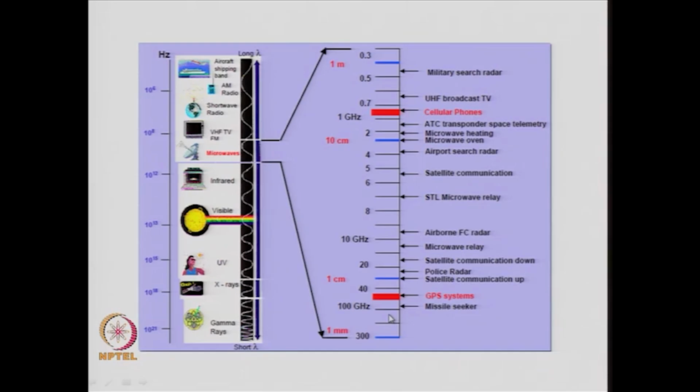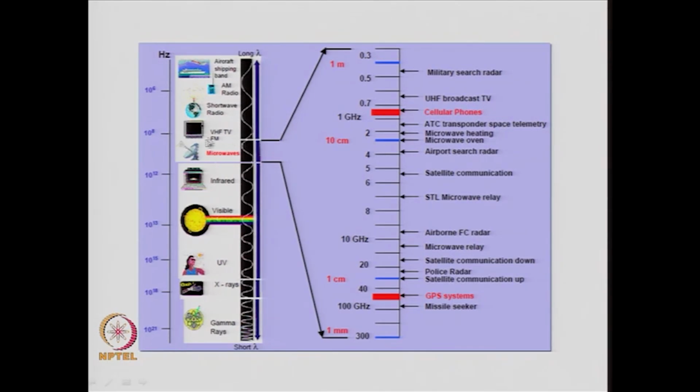The frequency involved is around 100 gigahertz, and in communications we are working at around 10 gigahertz, and ordinary cellular phones are working at the order of 1 gigahertz. So, all these gadgets